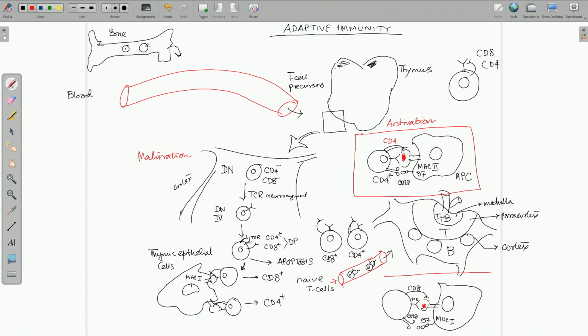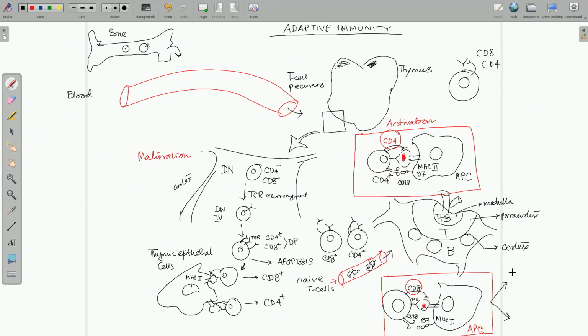So, this is a class 1 MHC, this is another antigen presenting cell, the APC. This is the class 1 MHC interacting with the CD8 here, this is CD8 and this is CD4. So, the cells which are expressing on their surface the CD8 co-receptors, they will